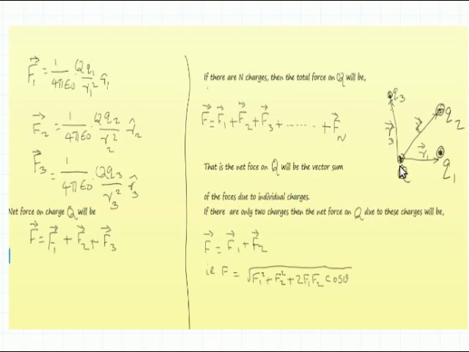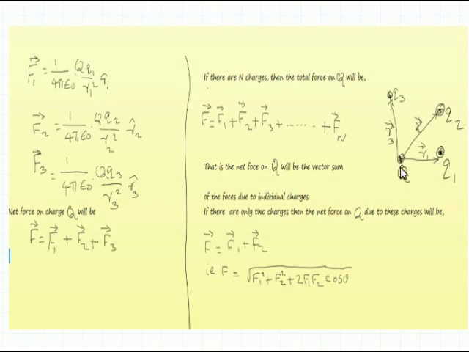So there will be a force acting on the q due to q1, there is a force acting on the charge q due to q2, then there is a force acting on the charge q due to q3. So this force could be attractive or repulsive depending on the nature of q1 or q2 and q3. Then what is the force acting on the charge q due to q1? This is given by equation 1, f1 is equal to 1 by 4 pi epsilon 0 q1 divided by r1 square into unit vector r1.